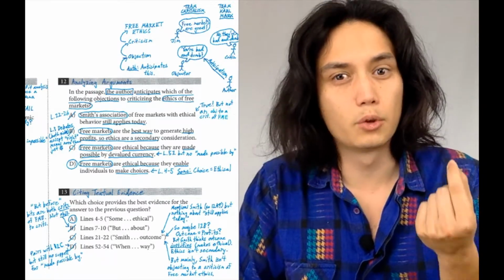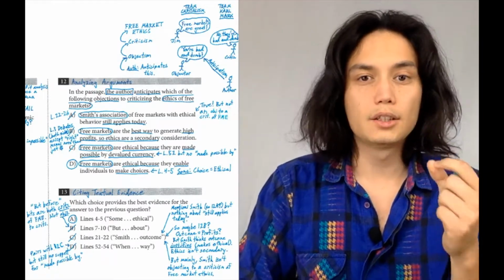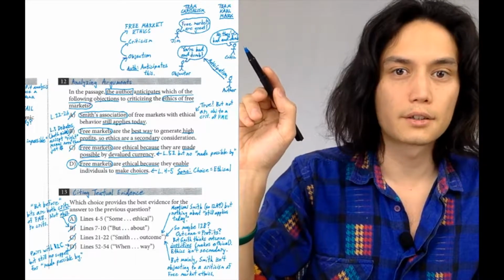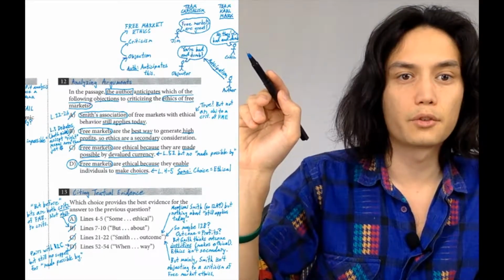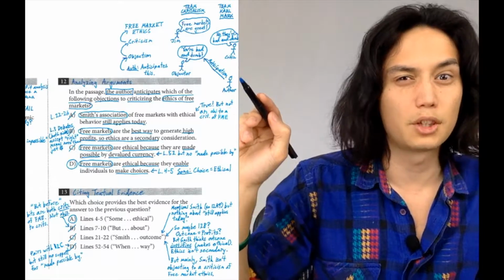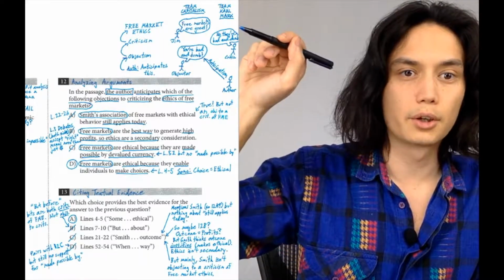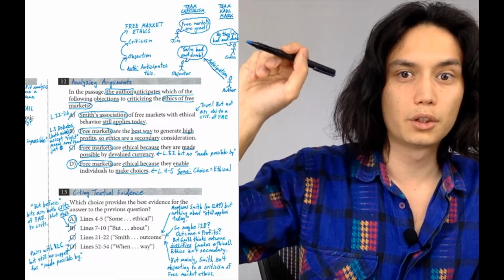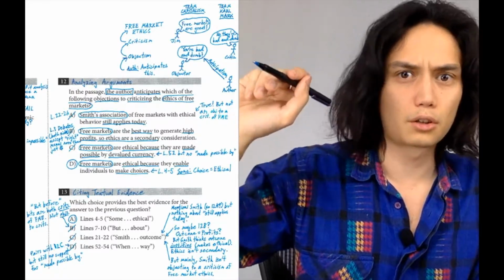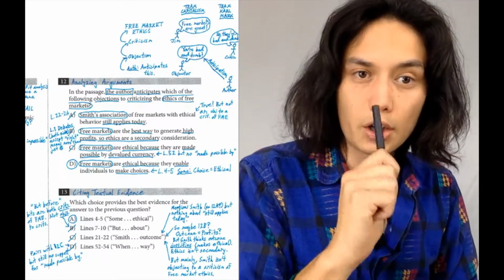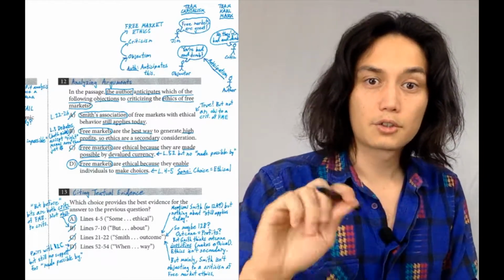That's the claim we're looking for. So again, it's not enough to just have a claim. The critic's claim isn't the right answer. We're not looking for a criticism of the free markets. We're looking for an anticipation of the objection to the criticism, right? We're not looking for a straightforward defense of the free markets, right? We're looking for an anticipation of an objection, and so on. All right. So let's look at each of these answer choices under that lens. Starting with answer choice A.